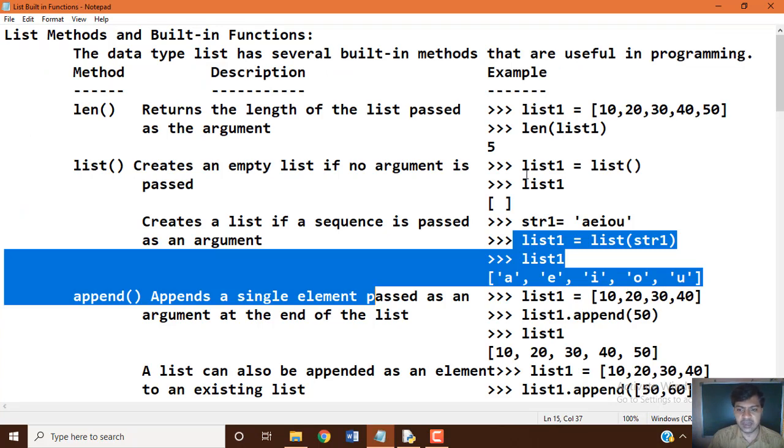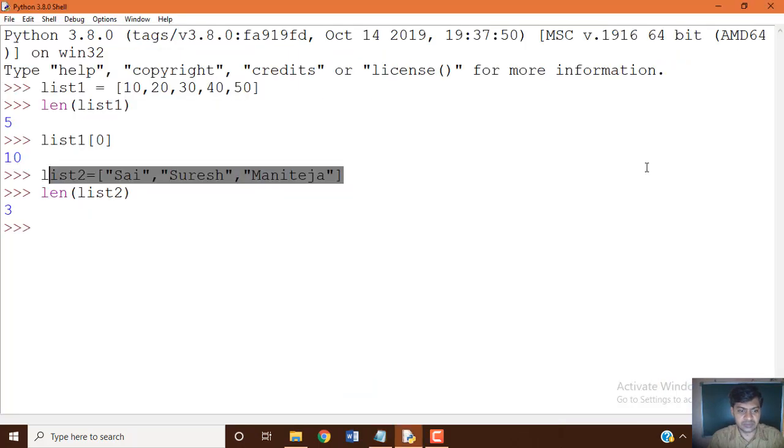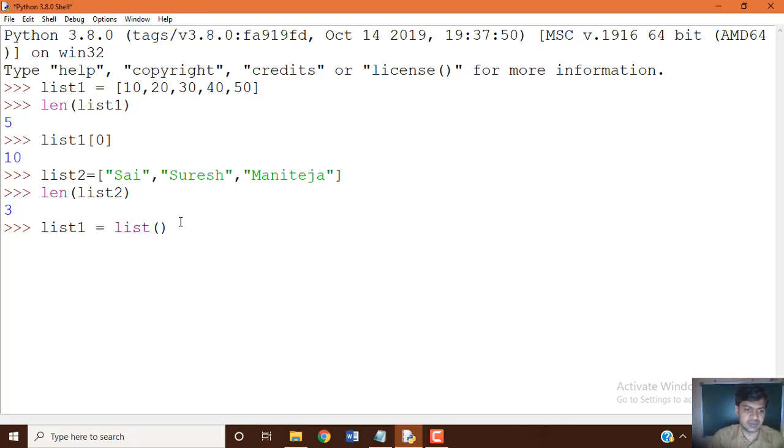Now we'll see how we can make use of the predefined list function. There are 2 ways you can make use of it. That is an empty list: list 1 equal to list function without any argument, which gives you an empty list creation.